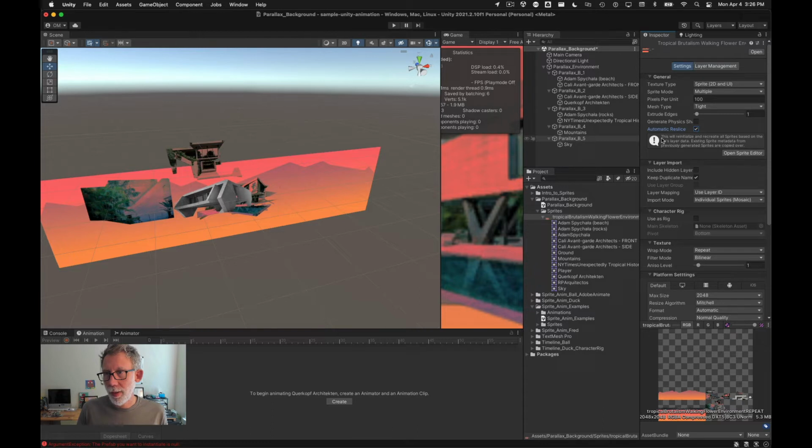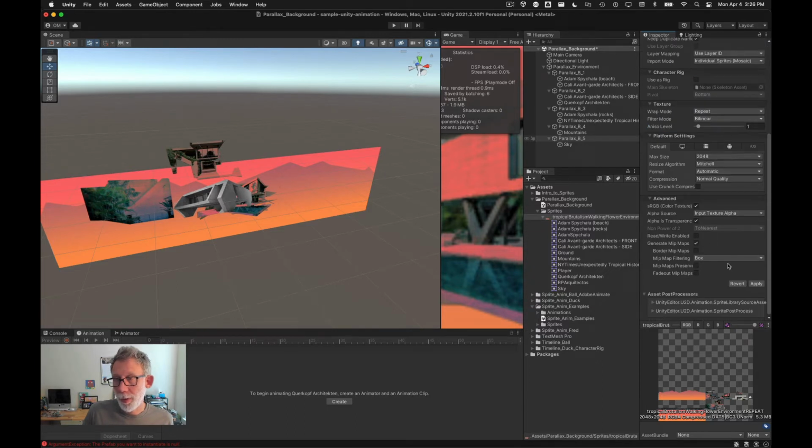And so it says this will reinitialize and recreate all sprites based on the file's layer data, which is the whole reason why you're using PSB: you can just keep them on separate layers and they're automatically resliced, and you can use it as an assets file as well as a kind of style frame file. And so yeah, this will write over all of your sprite data for that, but it should be okay because